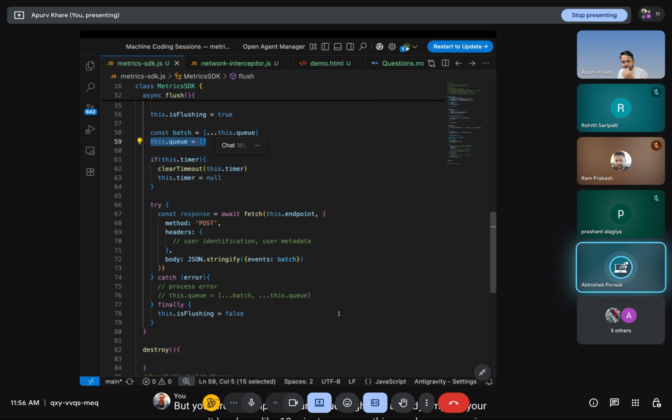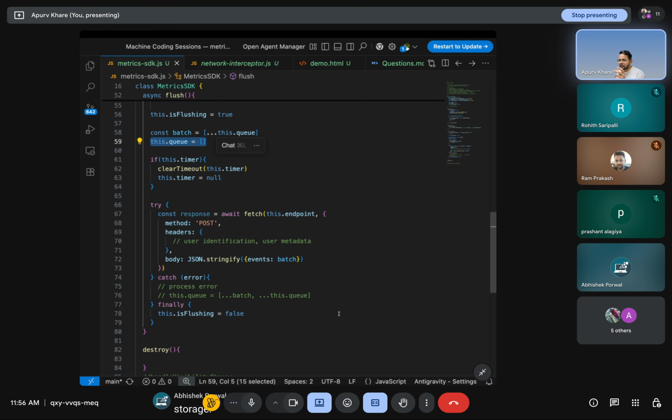Okay, so after commenting lines 75 and 76, you are discussing: if we handle the queue after the error, then we don't need to store it in local storage. No, we might need to, because in your queue you have your max length, right? You don't want your queue to have 50, 60 events. So if it goes more than that, then you have to store it in local storage, because that means your Metrics SDK is not working as designed. You wanted to flush after 10 events, but for some reason